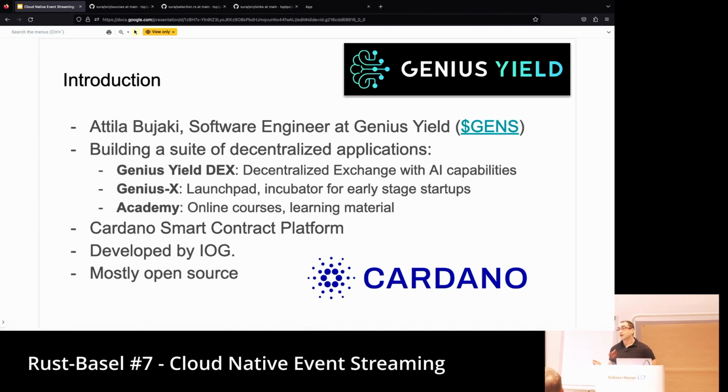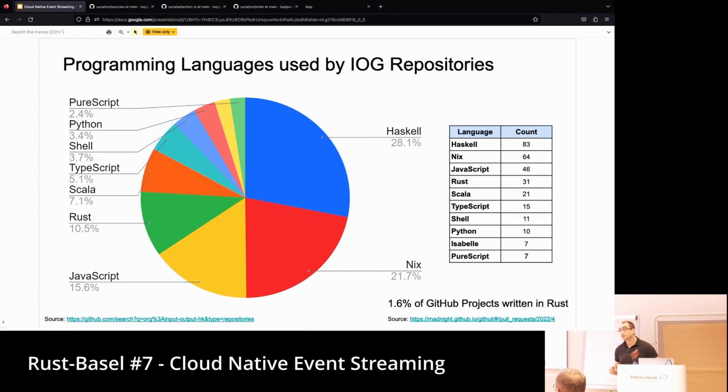The whole smart contract platform, Cardano, is built by IOG, and most of it is open source. So you can see the code and you can get a lot of data out of it. That's why I had a closer look at what it looks like. There are quite a few different code repositories written in different programming languages. And after looking at the data, I could see, wow, Rust is actually the second most commonly used programming language